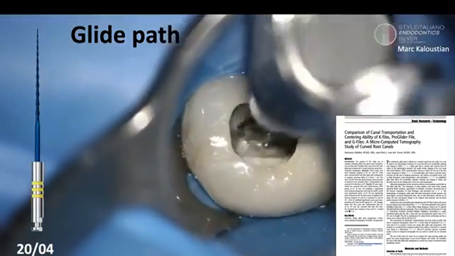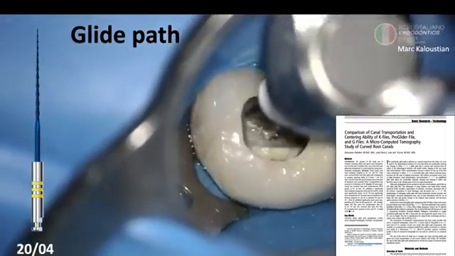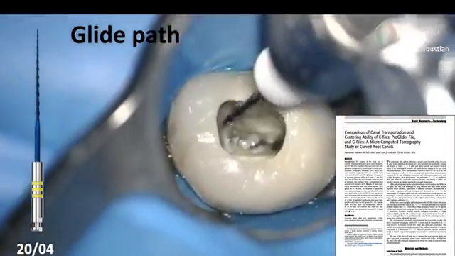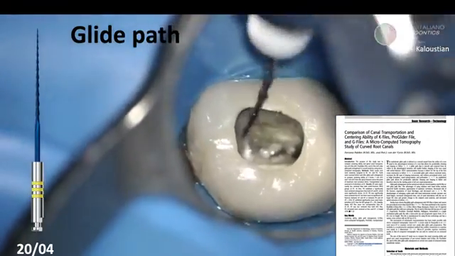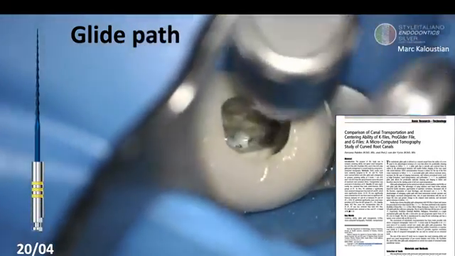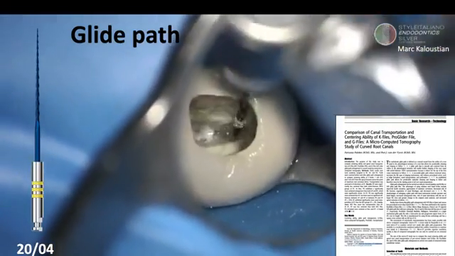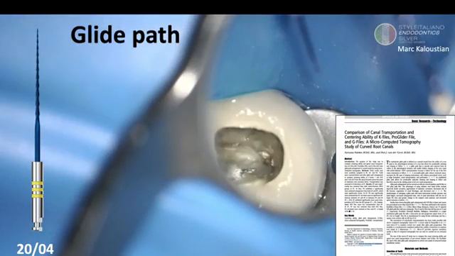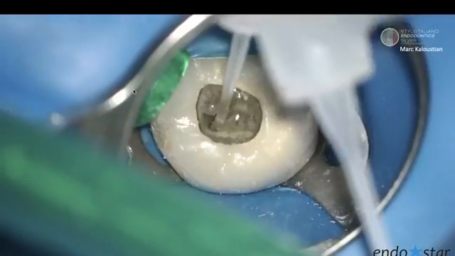So this mechanical glide pass with this instrument is very nice, and you can see that by using this instrument we are even able to remove more gutta percha from inside the canal, even after doing, here for example, you can see from the palatal canal, when working in the palatal canal, we were able to remove some gutta percha, as you can see here on the file. So during the whole retreatment, we will have the possibility to remove the